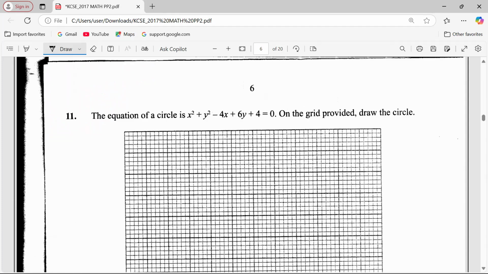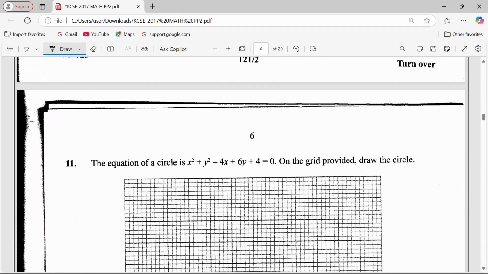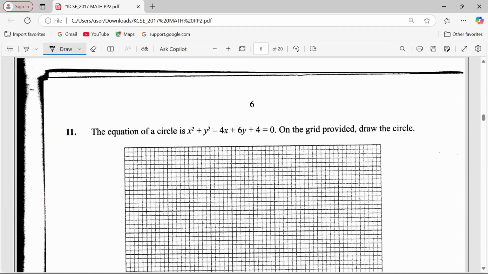Number 11. The equation of a circle is x squared plus y squared minus 4x plus 6y plus 4 equals 0. On the grid provided, draw the circle. For us to draw the circle, we're supposed to identify its center first and also the radius. So for us to identify the center and radius, we have to rearrange this equation until the x components come first,